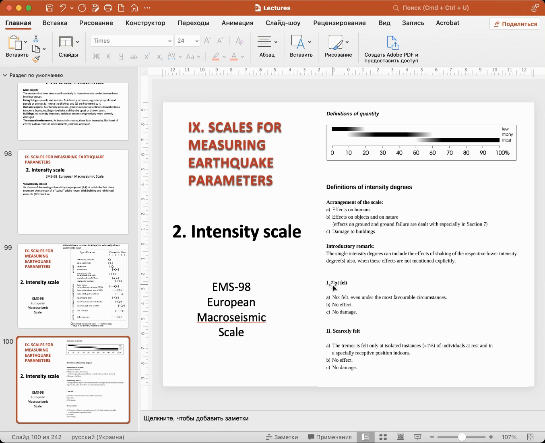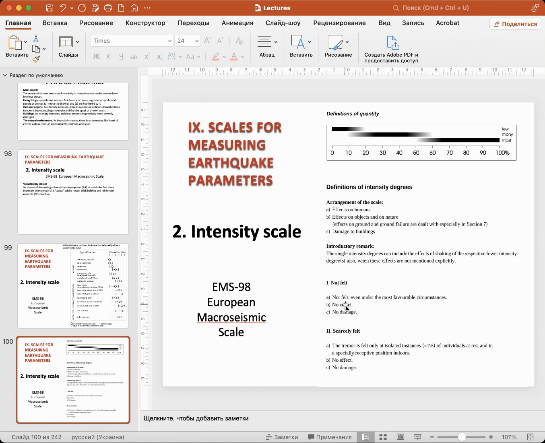So here are the examples of intensity degrees for the earthquake. The first intensity degree of the earthquake has no effects, no damage, and is not felt